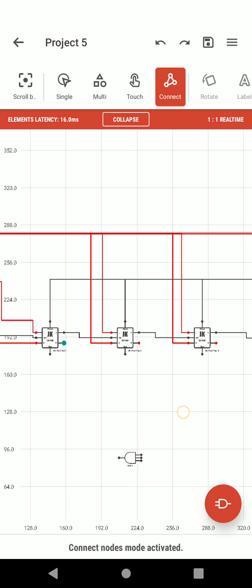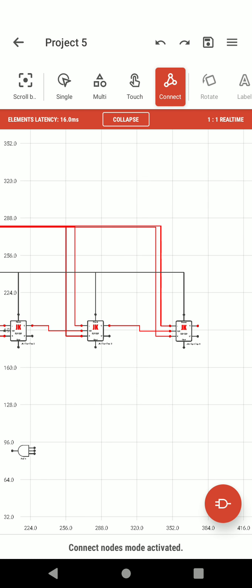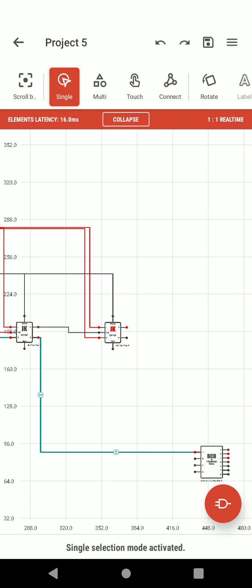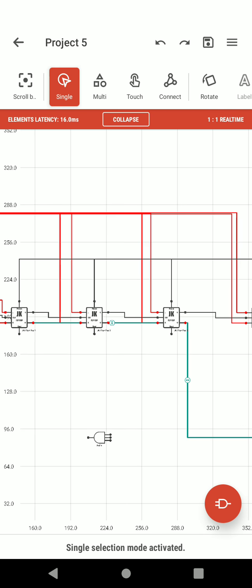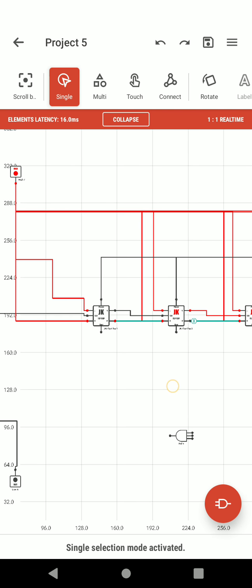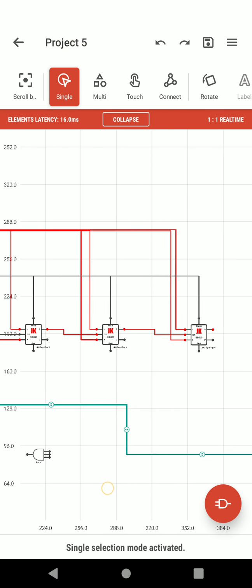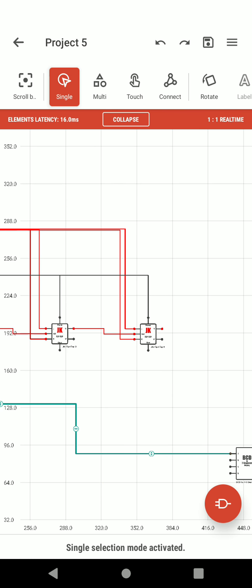So the first flip-flop's Q bar has to be connected to BCD's A input because it is the least significant bit, and here we are getting connections in this manner. We just need to scroll it down. We need to see the connections clearly, so that we can adjust it accordingly.